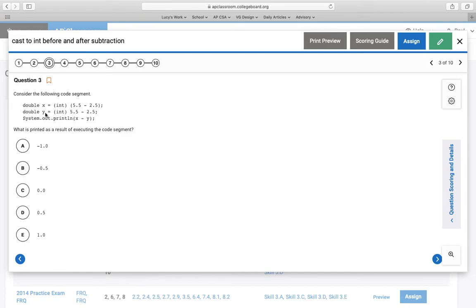Now for y, there is no parentheses around the 5.5 and the 2.5. So the cast actually happens to this 5.5. So this 5.5 gets forced into being an integer. So 5.5 becomes 5. Now you do 5 minus 2.5, and you end up getting